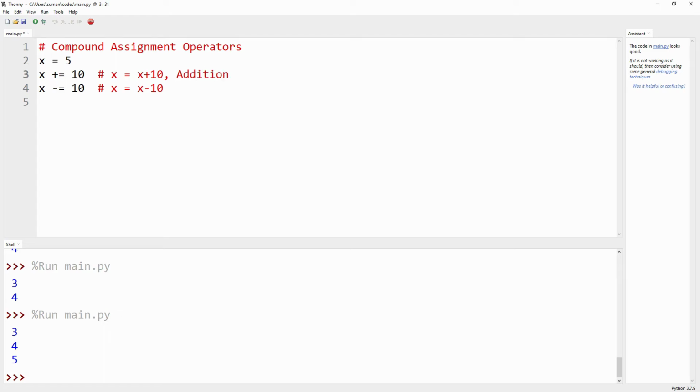The first one is called the addition assignment operator, and the second one is called the subtraction assignment operator. We can check the values here.